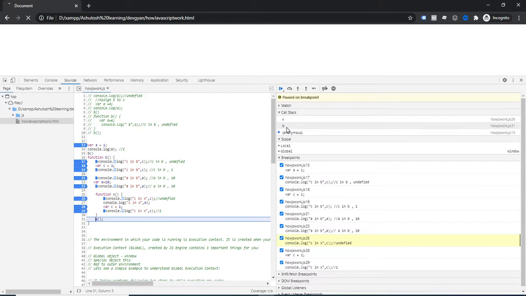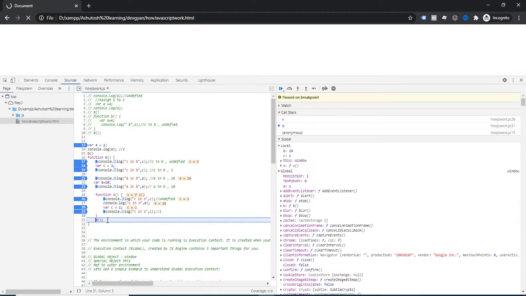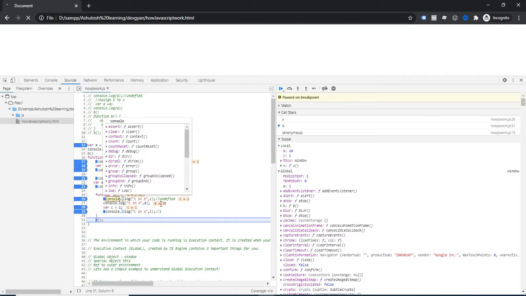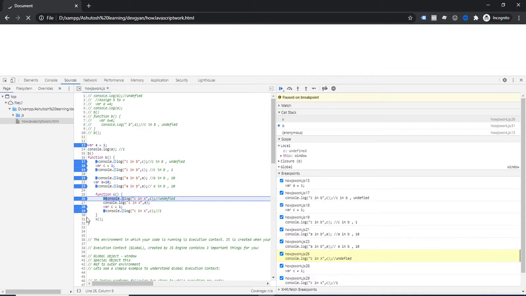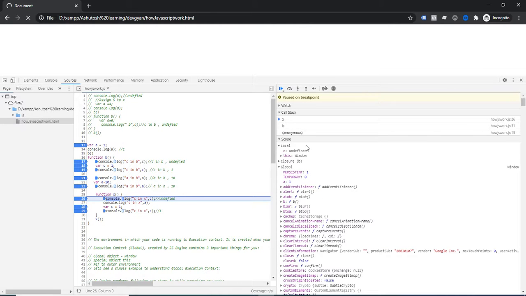If you click here on b, you can notice that execution stops at line number 31, because another function invocation has happened, which is function X, and within that function I have again provided some breakpoints. If you click here on X, you can notice that within the local environment something has happened, which I already discussed. You can notice that the C value during parsing, it will find only the variable C which is declared.